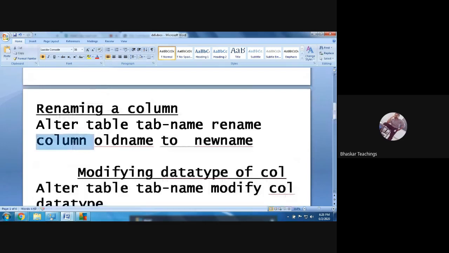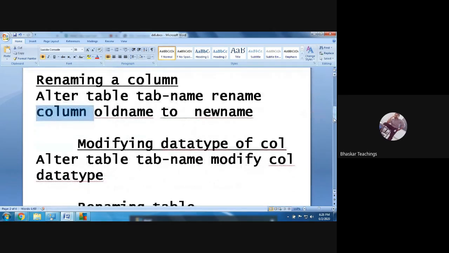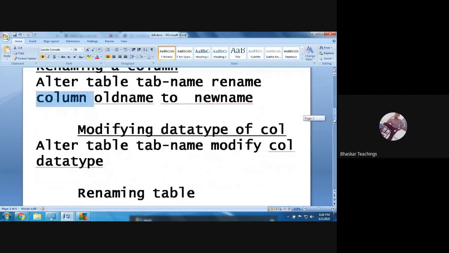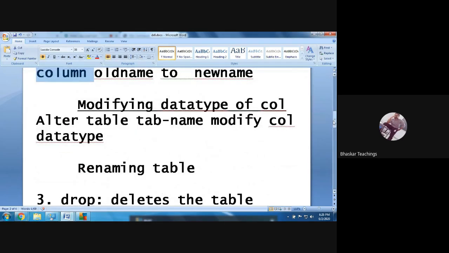I don't know why they have done it like this, just to confuse the students, I guess. Maybe in the next versions they might have changed it. You can check it once you learn the basic things. So: alter table table name modify column name and the data type. Let us copy it and check.